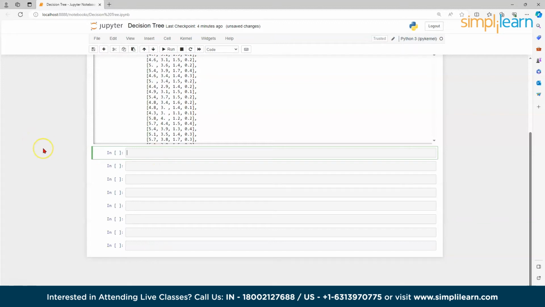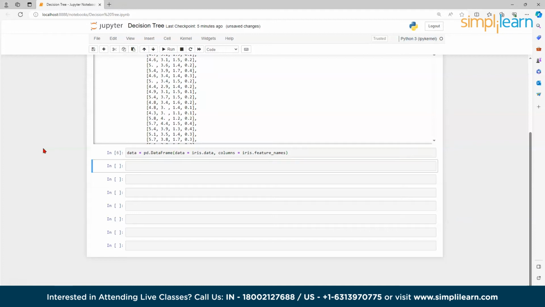So here I will convert the data into a pandas data frame. For that I will write data equals to pd.DataFrame, or df you can write, data equals to iris.data, comma, columns equals to iris.feature_names,